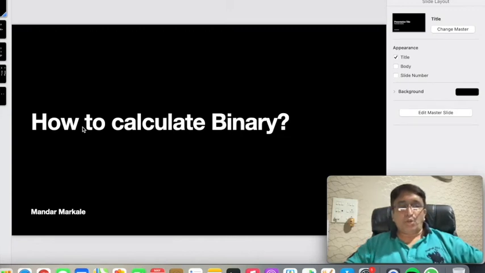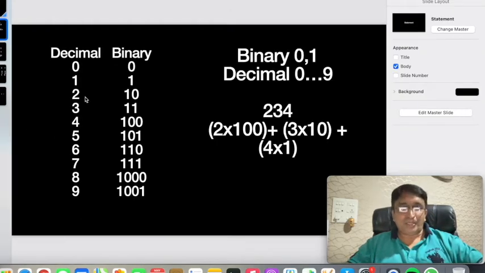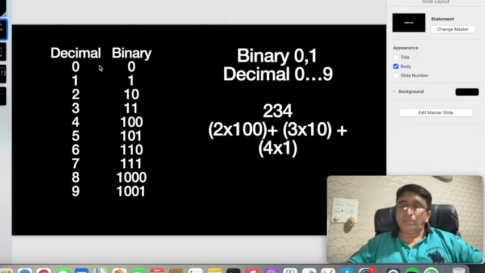Today we are going to check out how to calculate binary. Most of the time, many people face problems calculating binary because the numbering system that we use in our day-to-day life is the decimal numbering system. Where binary is used, I guess everyone knows about it. It's in computers. Whatever information we have, the transfer of the data, how it gets saved, finally it's nothing but zeros and ones. That is binary.